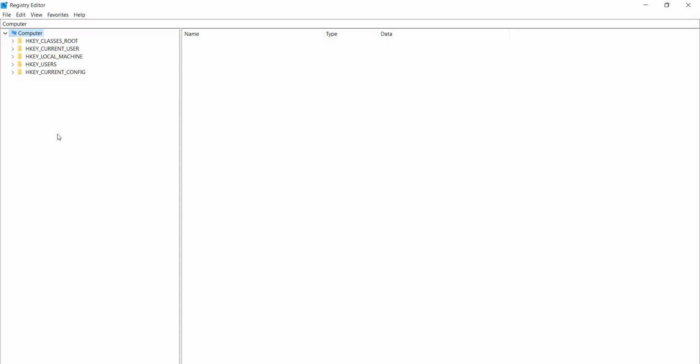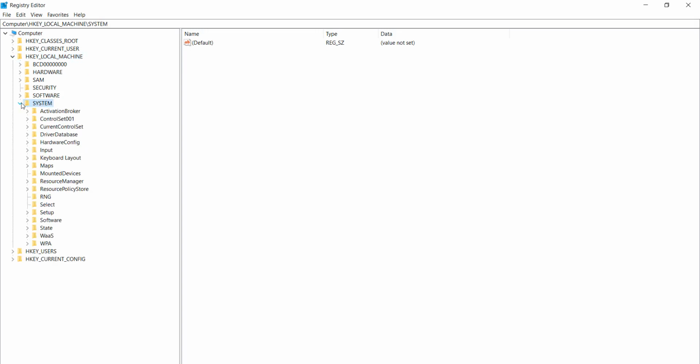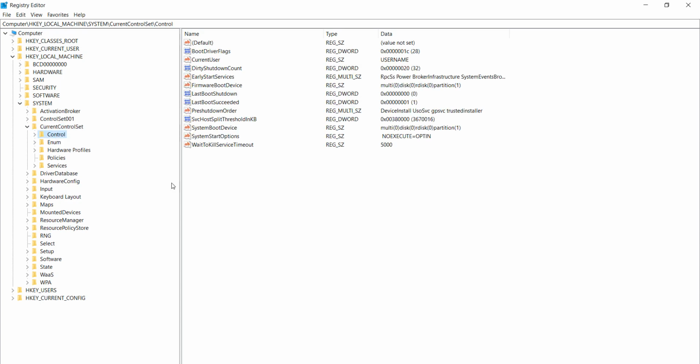After opening that, click on HKEY_LOCAL_MACHINE and expand it. After doing this step, select SYSTEM and expand it. After doing this step, select CurrentControlSet and expand it. After doing this step, select Control and in this right click, go to New and select the